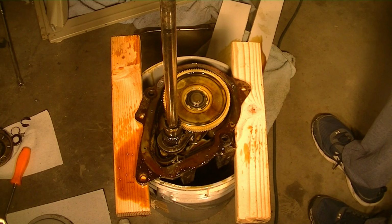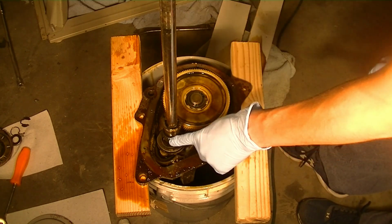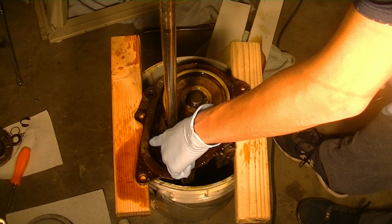Well, I have decided to pull the cover off of the transmission and take a look inside. And I already went ahead and took the liberty of dumping the oil out, as you can probably tell. The oil level, I should have videoed it too when I first took the cover off before I dumped the oil out. But it actually looked like it was just about full to the line or to the opening